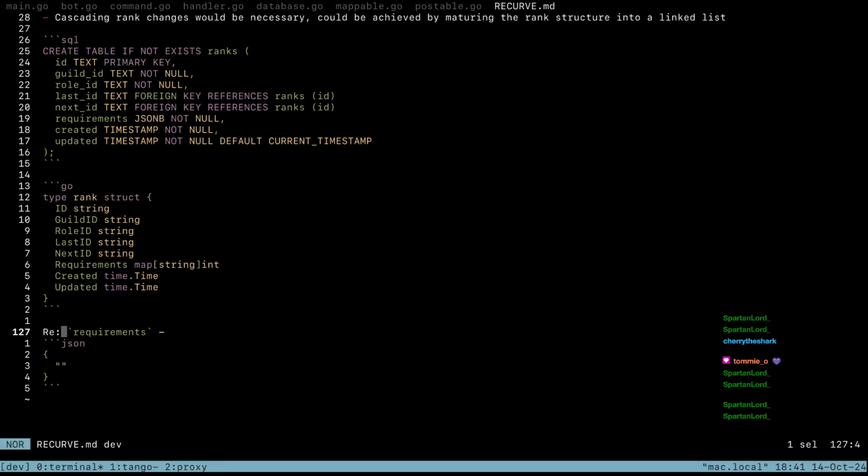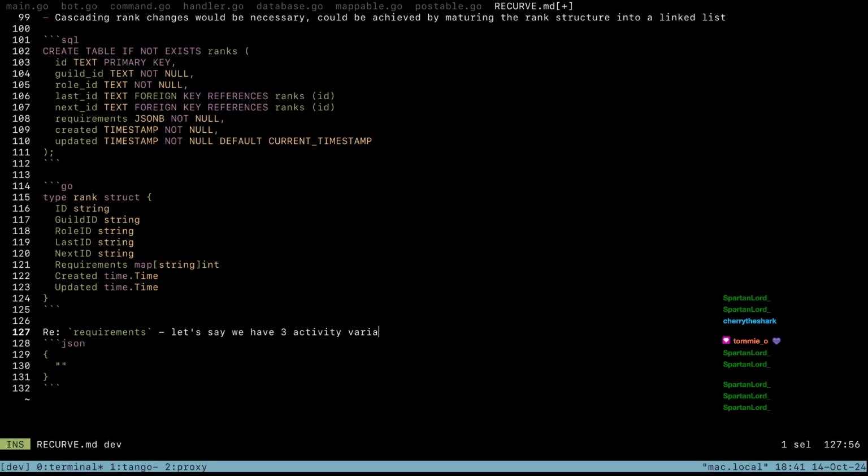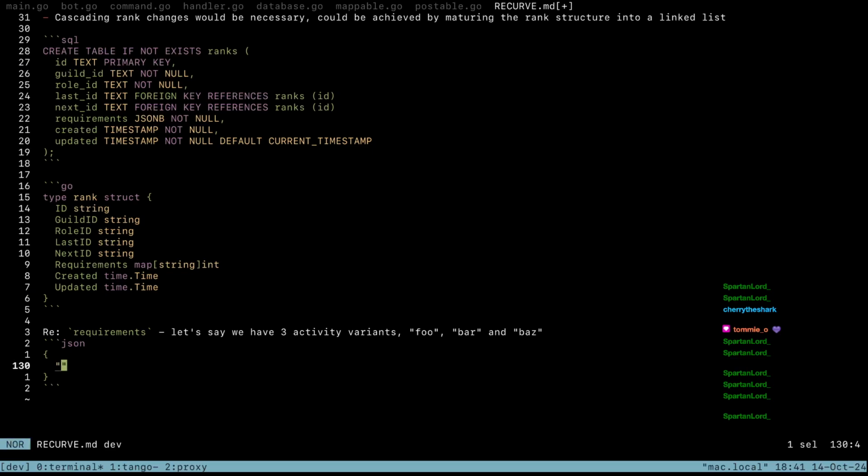Okay, so let's say we have 3 activity variants. Foo, bar, and Baz. In here, in the requirements thing,